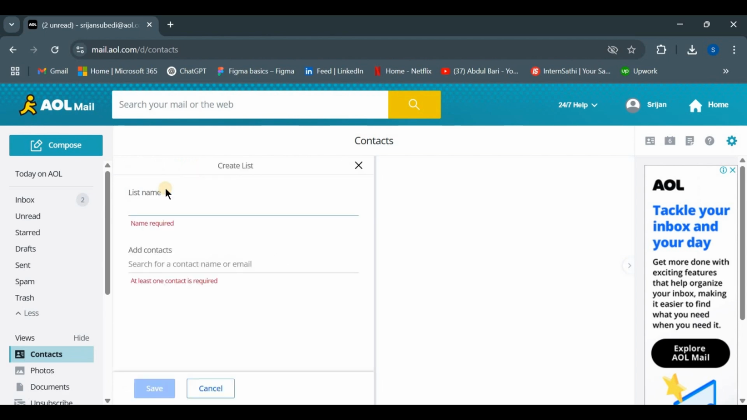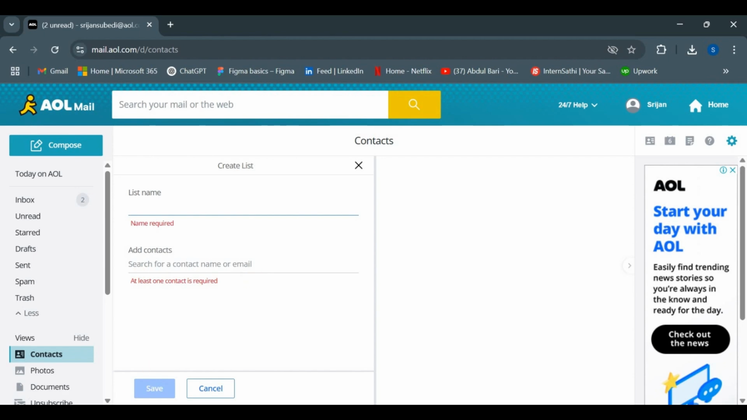Enter a name for your contact list and start adding contacts to it. You can either type in their names or email addresses. Once done, click Save to create your contact list. Now, when you want to send an email to the entire list, just type in the list name and hit